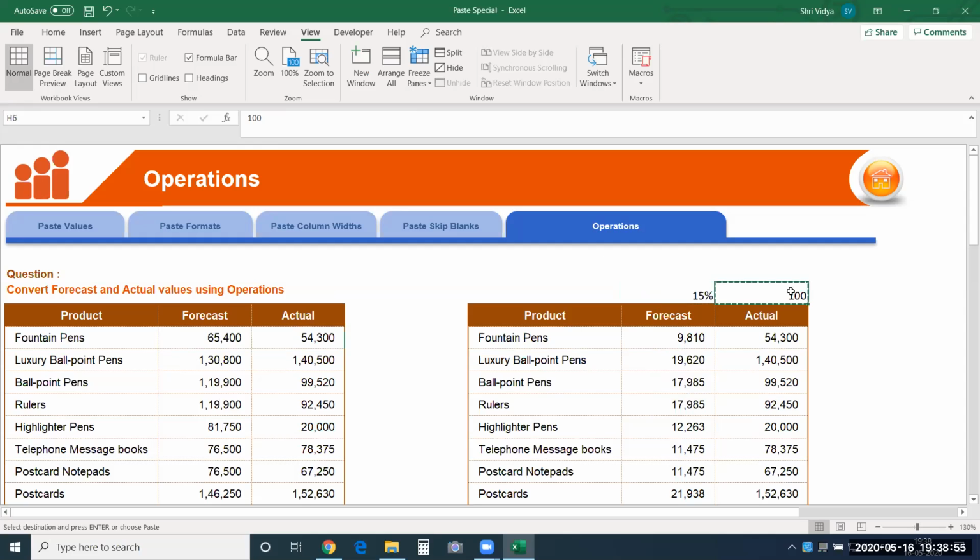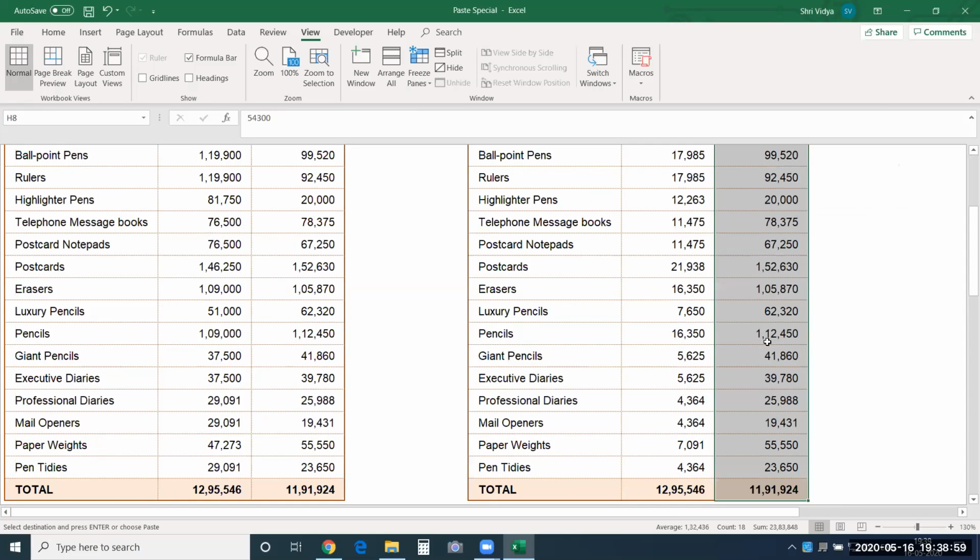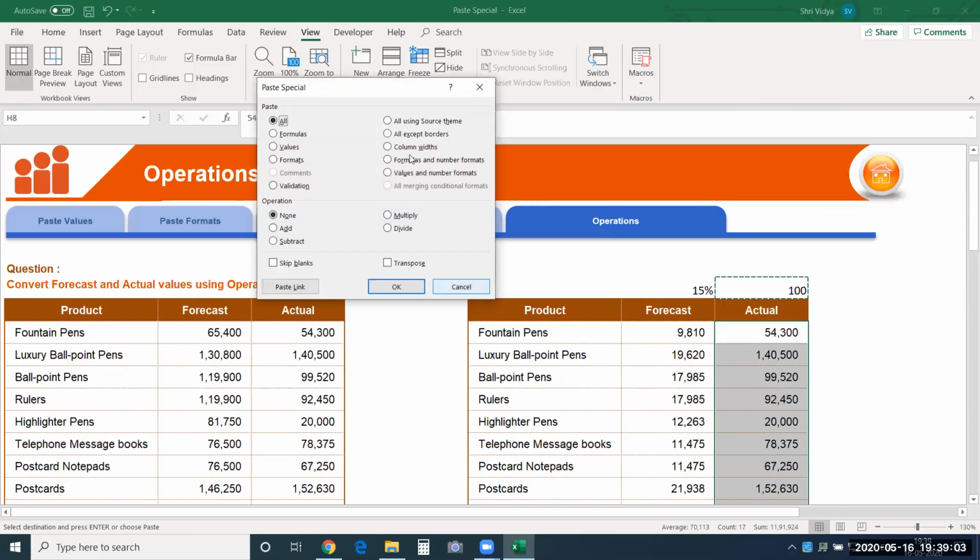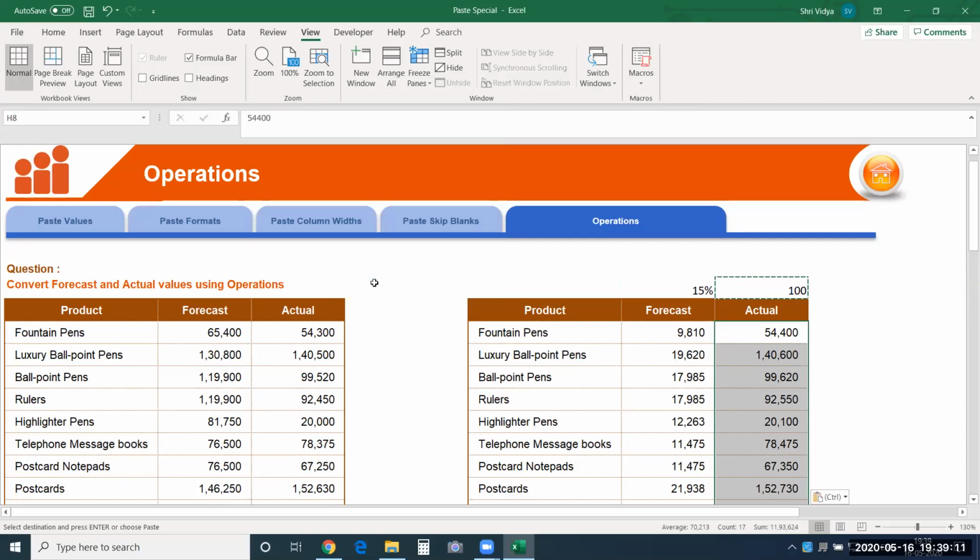I'll just copy this and select all those numbers to which I need to add 100. And I'll use paste special. Again, I'll go for formulas and click on add over here. Just say okay. You can see 100 more is added to every value over here.